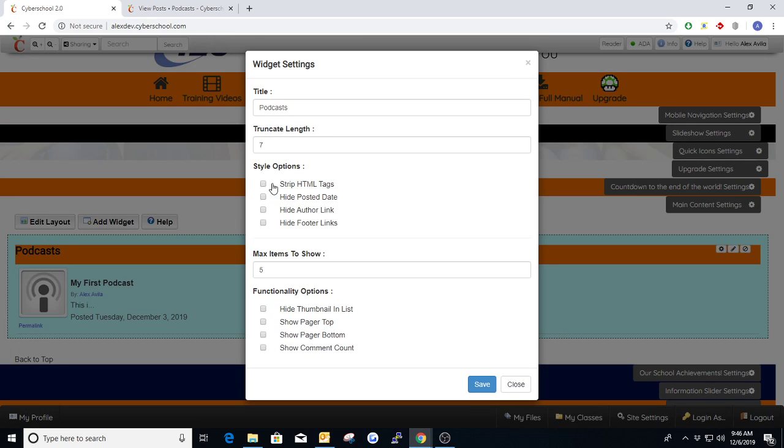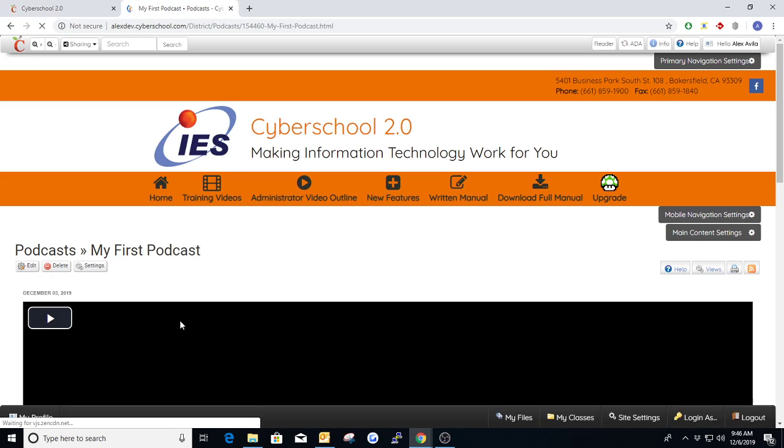Okay, we can also strip the HTML tags. Again, if that doesn't make sense, don't worry about that. Hide the posted date, which is this posted Tuesday, December 3rd. Hide the author link, which is this by and then the author. Hide footer links, which is this permalink here that actually takes us directly to the actual first